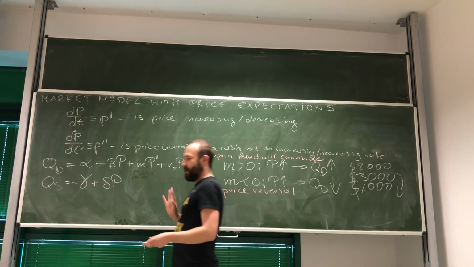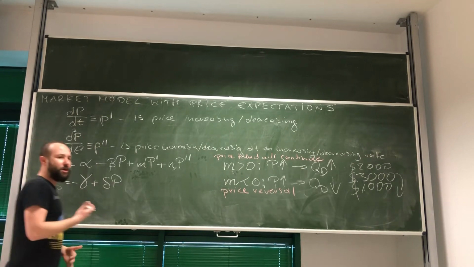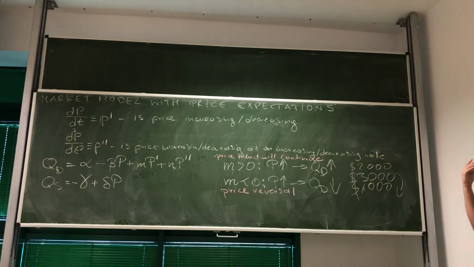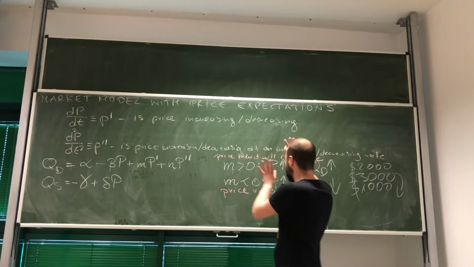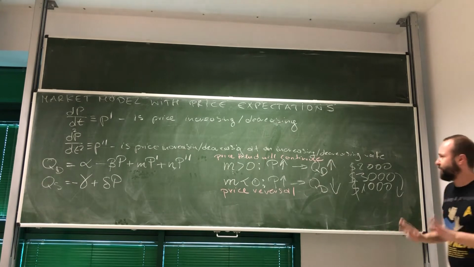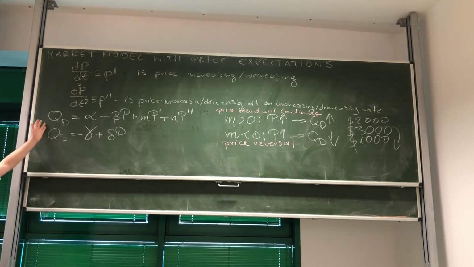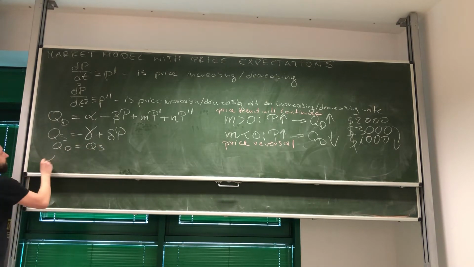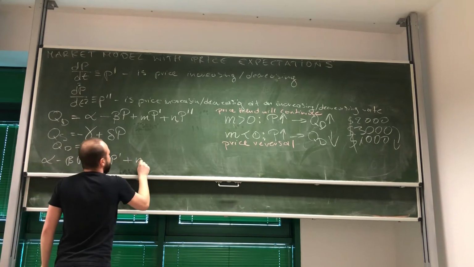Knowing this is enough for us to carry on, because look, we're gonna be doing this model on case basis. And there's plenty of cases here. So for now, this is enough for us to carry on. Okay. And what do we get? Look. First, let's solve the model. So quantity demanded equals quantity supply. Yeah, let's equalize them. So we get that this is alpha minus beta p plus m p prime